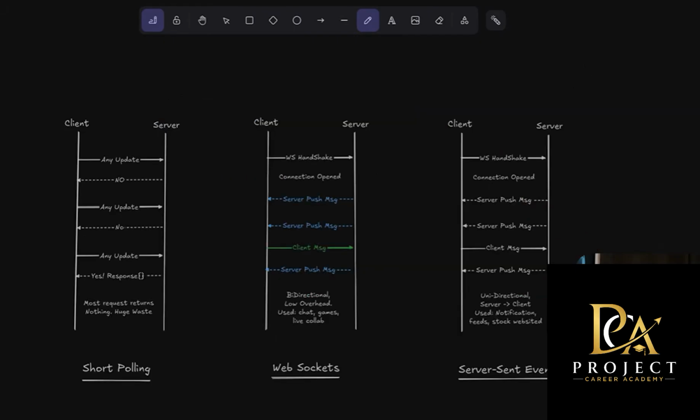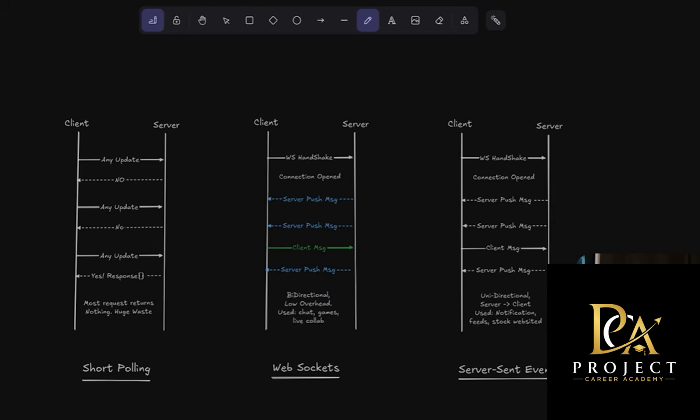But now we have several different requirements in real time. For example, your chat applications, live notifications, your multiplayer games, they do not rely on HTTPS or HTTP communications. So there are multiple options available on how real-time communication happens over the internet. The first one we will cover is short polling.